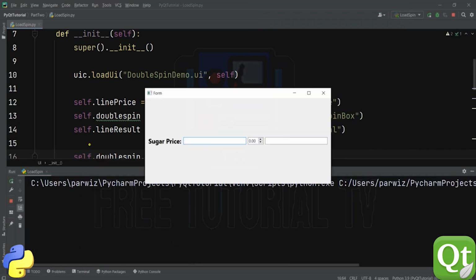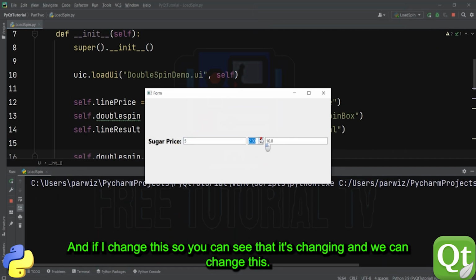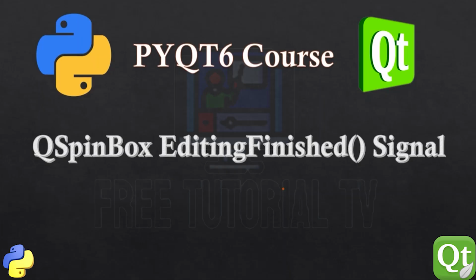Now let's run this and say, for example, we can add 5. So we have changed the value, so it's changing, we can change this. Okay,